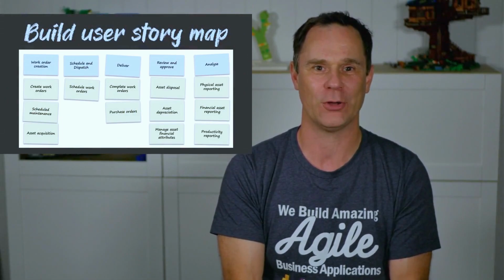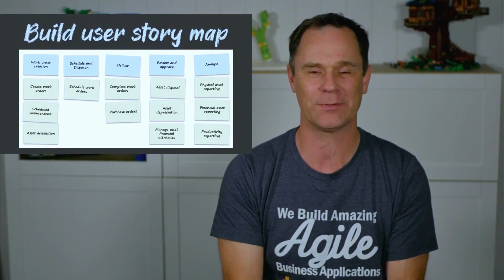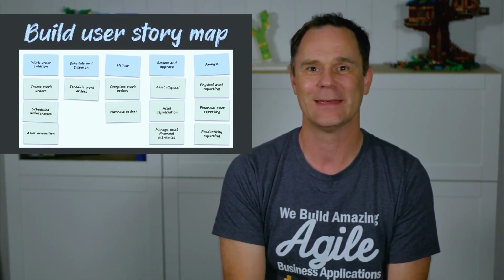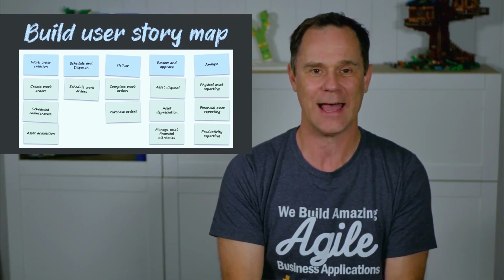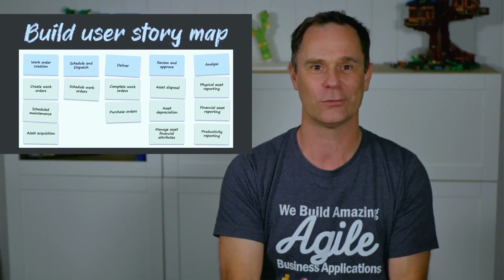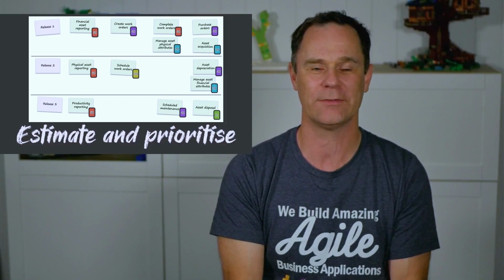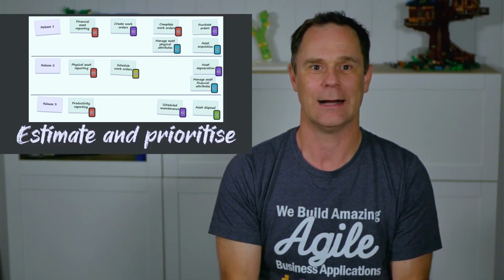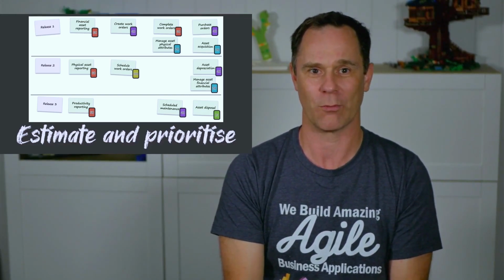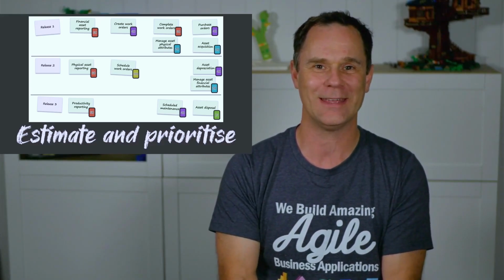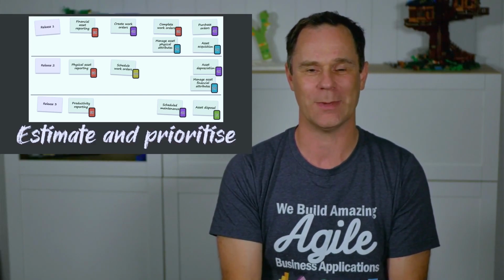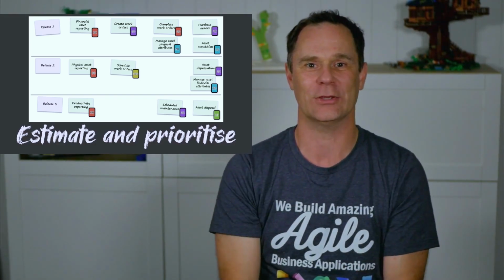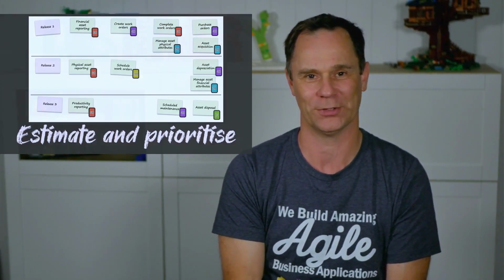Step 4, map out your business process activities and steps in a user story map. Under the steps, describe the capability your application needs to have. I like to use epic user stories for this. Step number 5 is to estimate the relative size of your epics. I prefer using story points with a range of 13, 20, 40, 60, and 100 points. Prioritize the epics and arrange them into horizontal slices that you could release into production if you wanted.